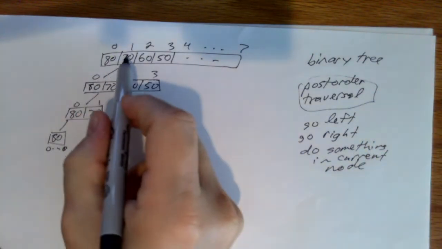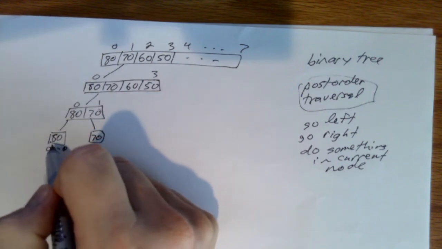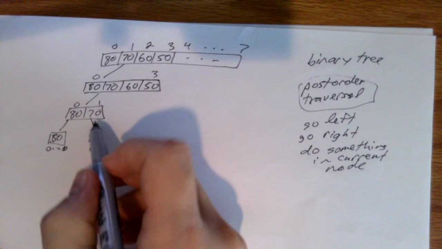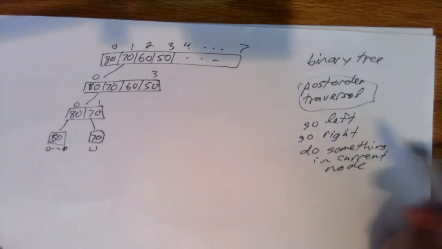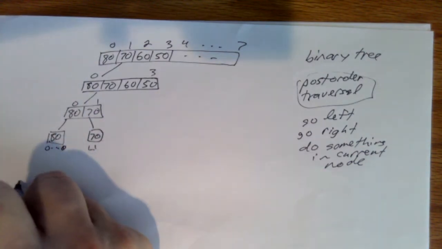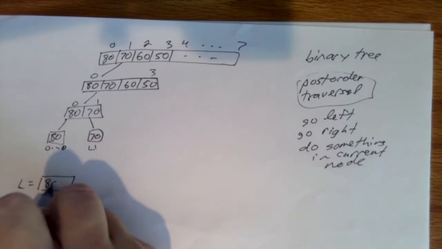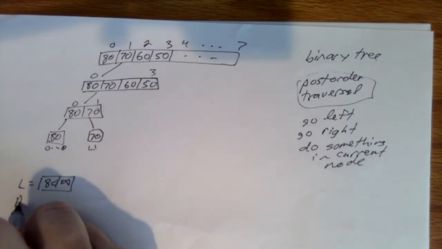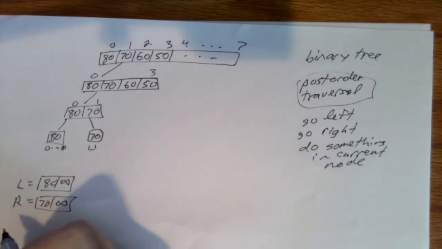So here, we went left, went left, went left, bottomed out, came up, went right, bottomed out, came back up, and now we're ready to do something. According to our merge function, we copy: L will be equal to 80 and infinity, R will be equal to 70 and infinity. And then in terms of our original A, I'm going to write down here,